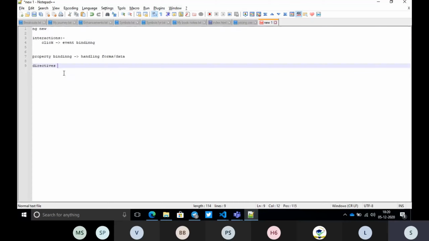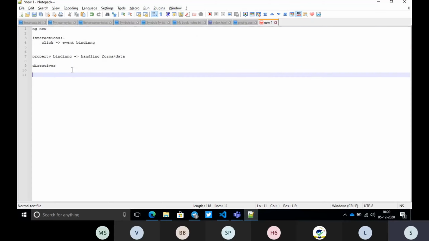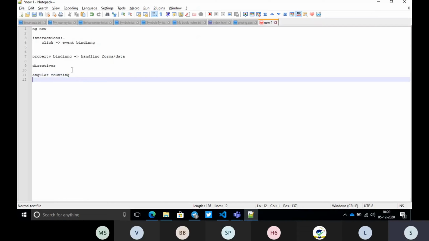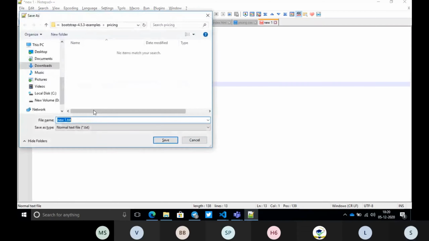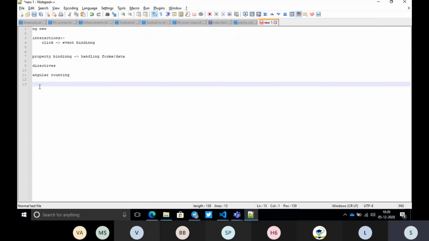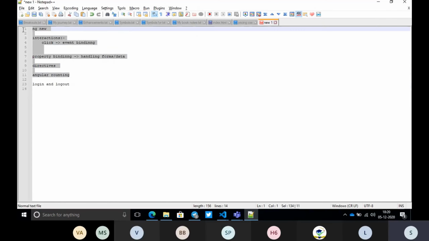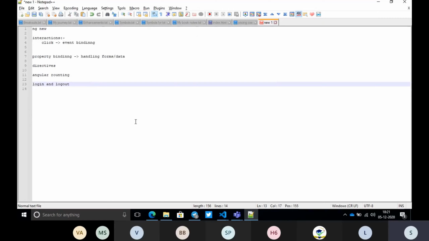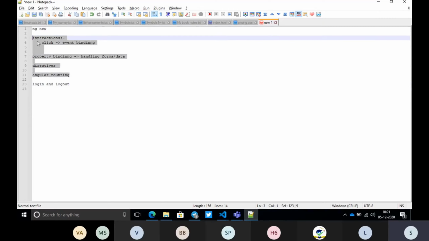So in this class we will discuss these things, and the next thing is Angular routing. So we will see all these four today. We will see how to maintain a session, like how to add a login and logout for our application, if time permits, but within this time we will try to see these things. So first we'll go with the events, right?